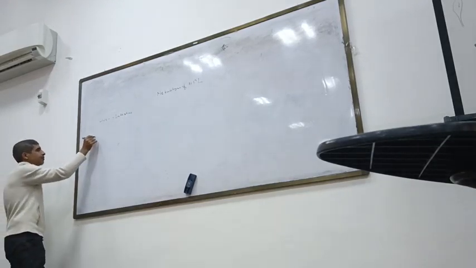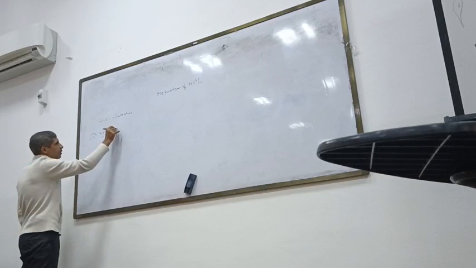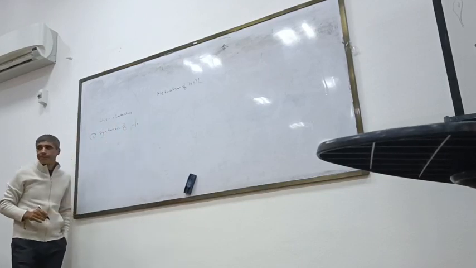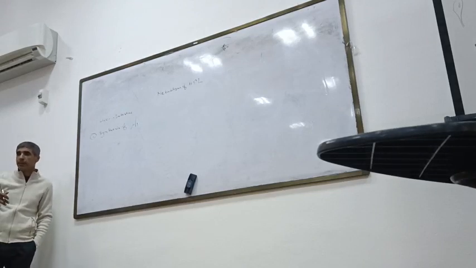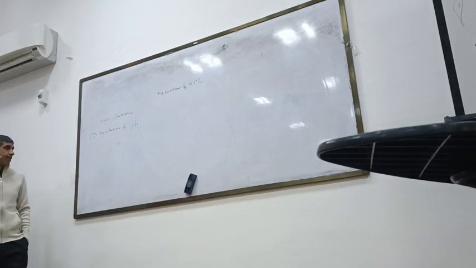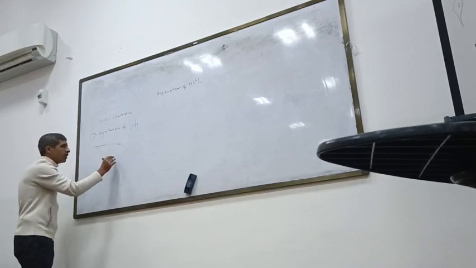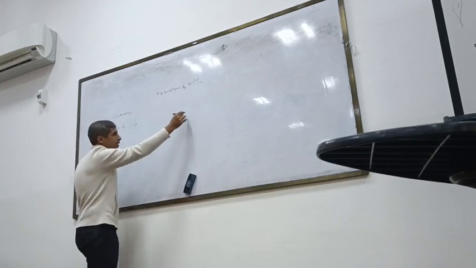Number one, synthesis or gene expression of alpha 1. Alpha 1 gene is expressed in the intestine and liver, and alpha 1 will be secreted. Alpha 1, or A1 protein, comes out from the intestine